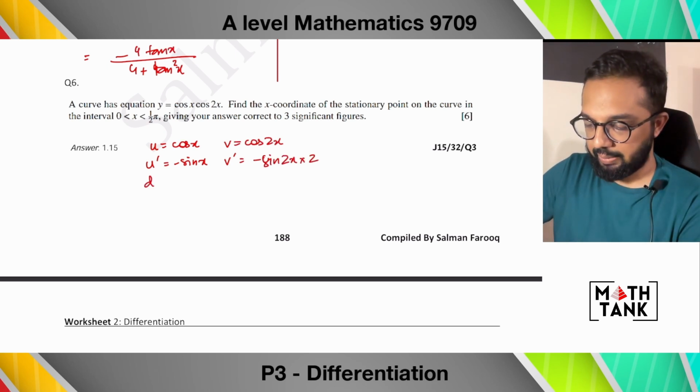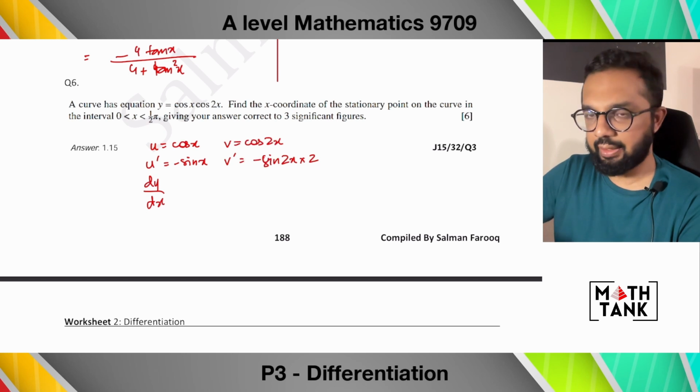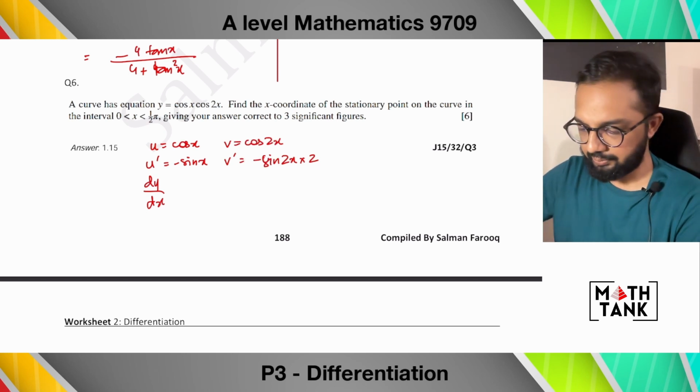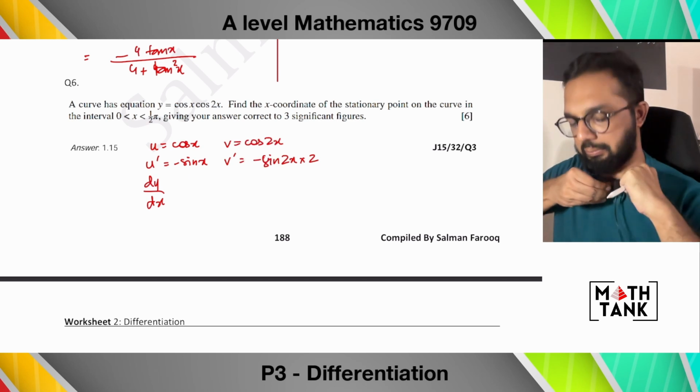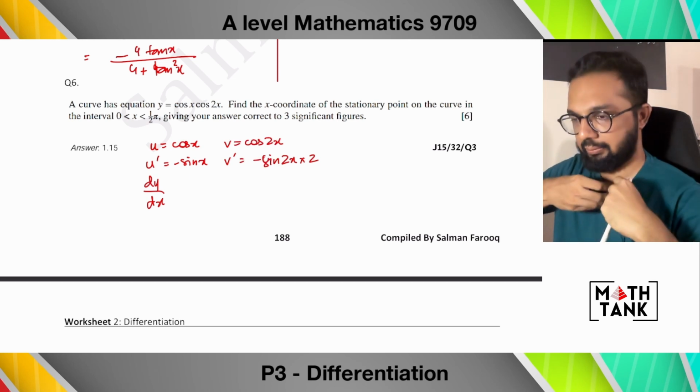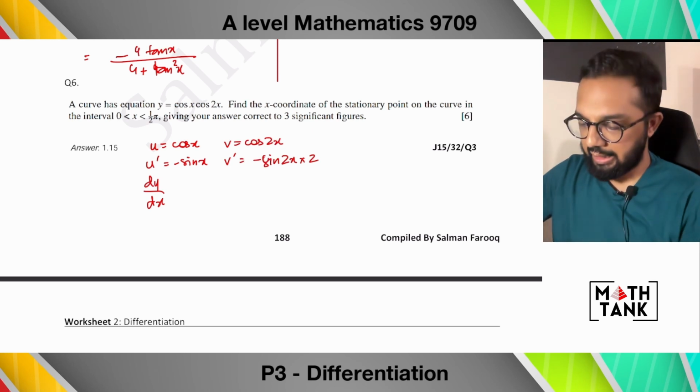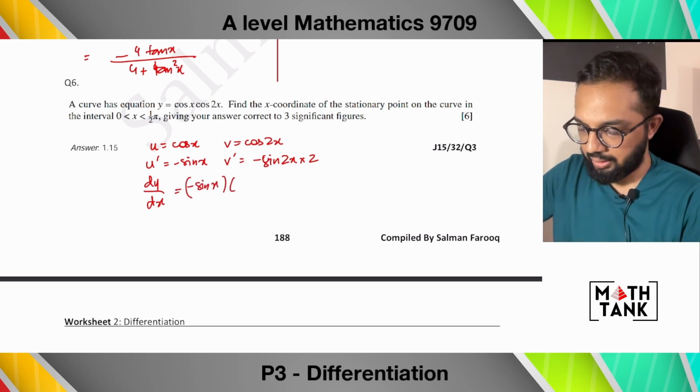So I get dy by dx as u dash v plus v dash u